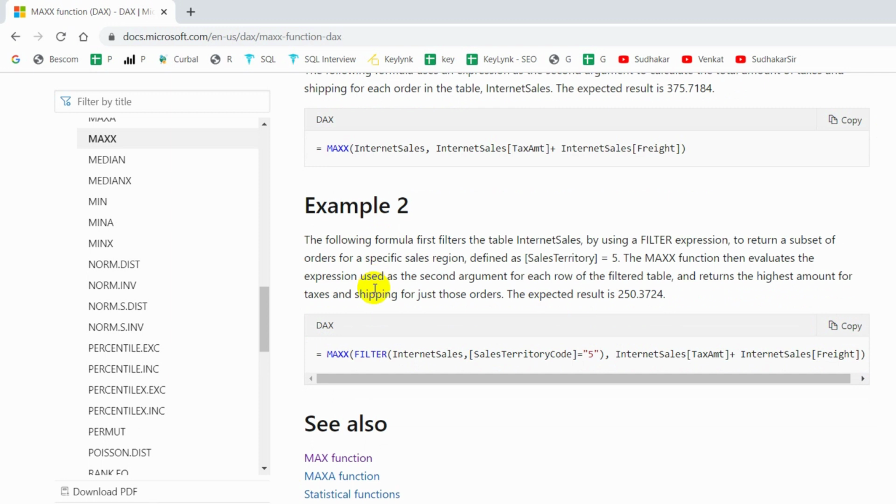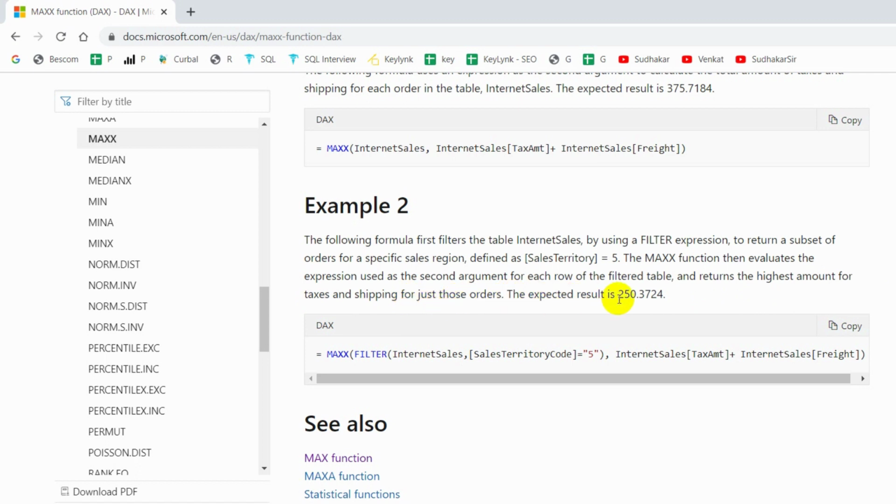In the second example, they applied filters. The following formula first filters the table Internet Sales using a filter expression to return a subset of orders for a specific sales reason, defined as sales territory key equal to 5. The MAXX function then evaluates the expression used as the second argument for each row of the filtered table and returns the highest amount from taxes and shipping for just these orders.